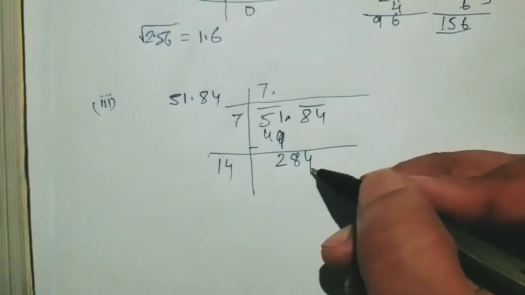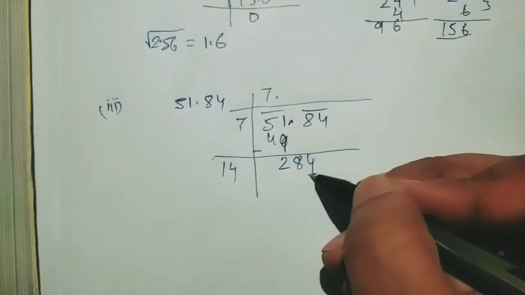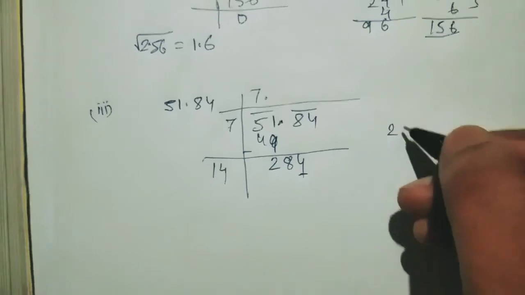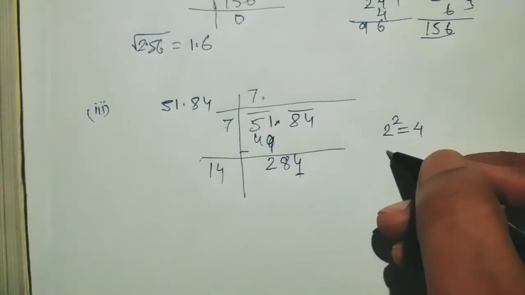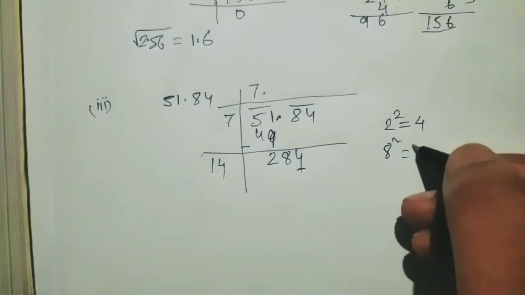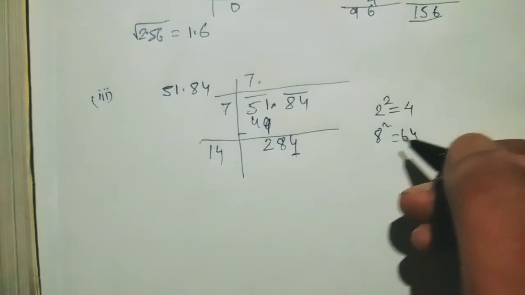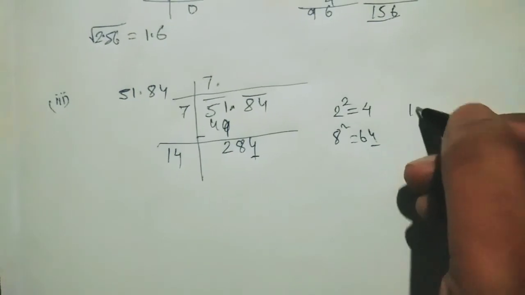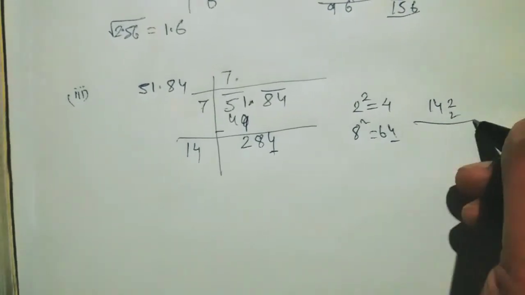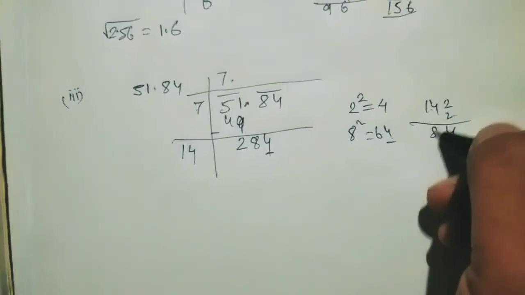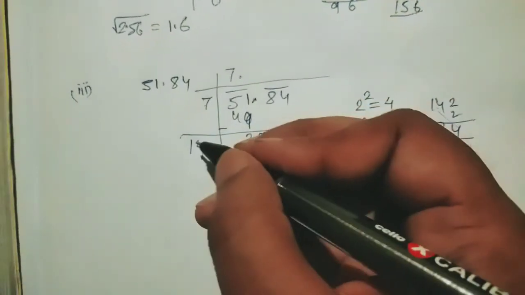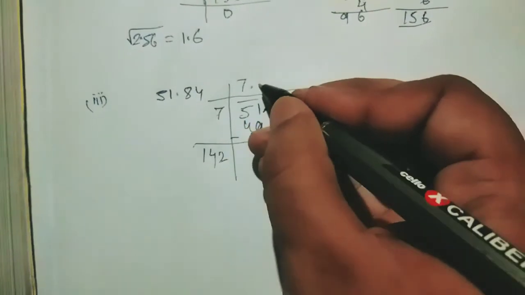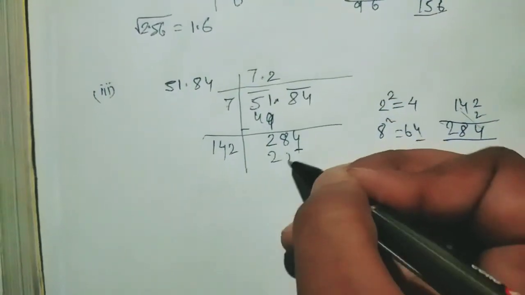Now what number will we multiply? We'll see now the unit digit. Again 4 is the unit digit. So whose square has 4 in the unit digit? 2 square has 4 and 8 square, it is 64. So it has 4. Now we'll try this 2 and 8. So 14, 2 here and 2 here. 2 4 is 8, 2 1 is 2. Yes, we got it by 2 only. See, directly we got it. So here 2 and here also 2. You have to multiply 284.